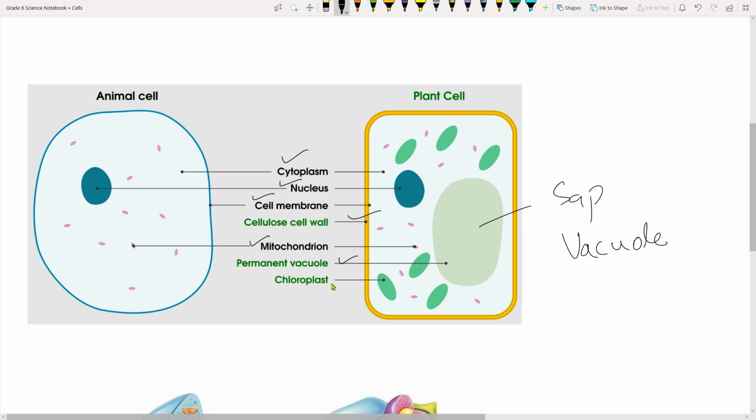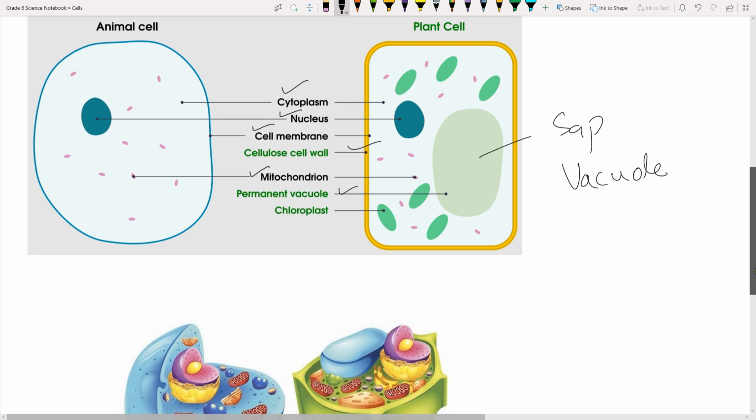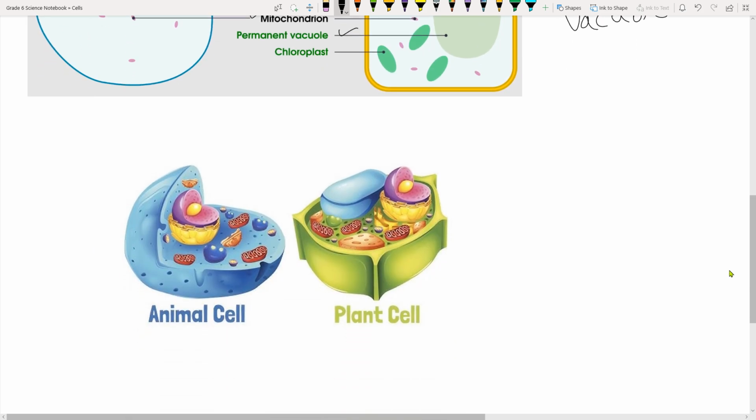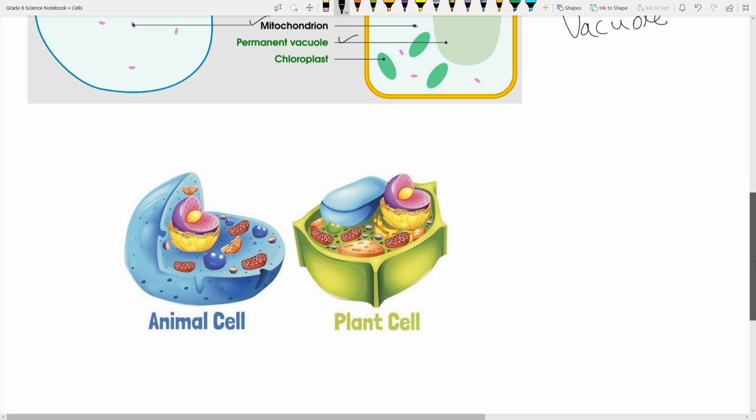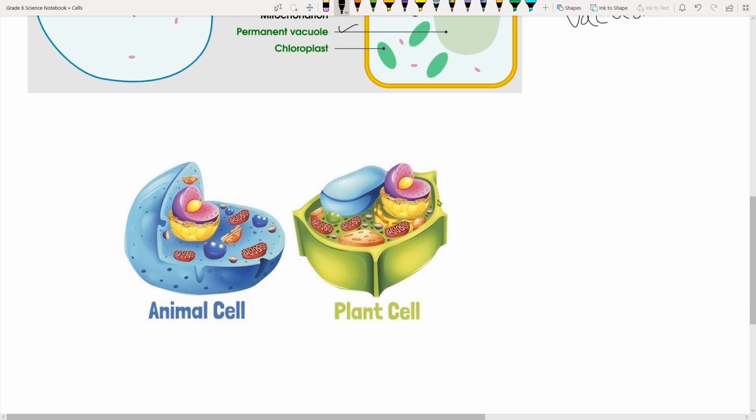And then they have chloroplasts giving them the greenish color. That's why the plants have greenish leaves and greenish color, green tone, right? Because of the chloroplast. Now this is the three-dimensional image of the plant and the animal cell. You were looking at the flatter images, but now this is a three-dimensional component-wise image where you see that this